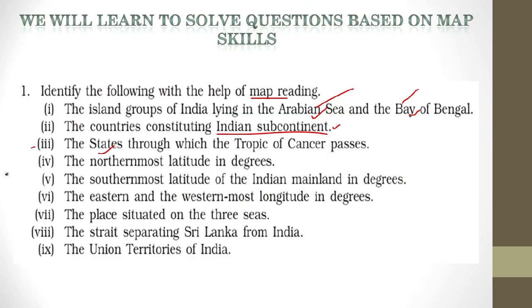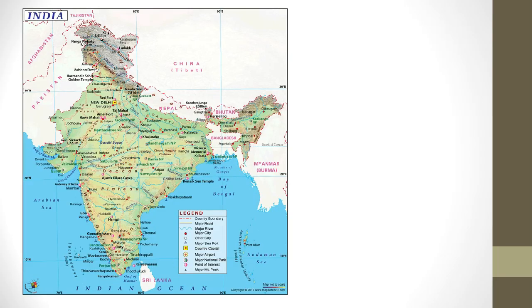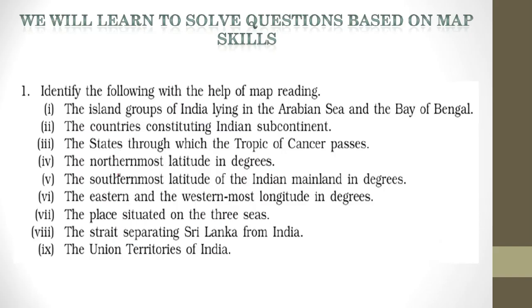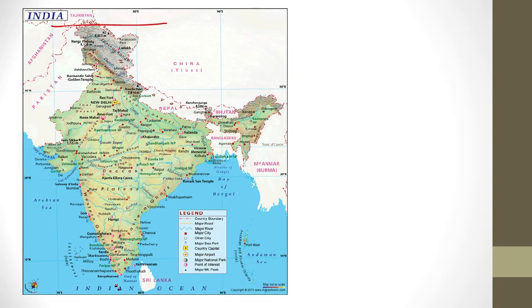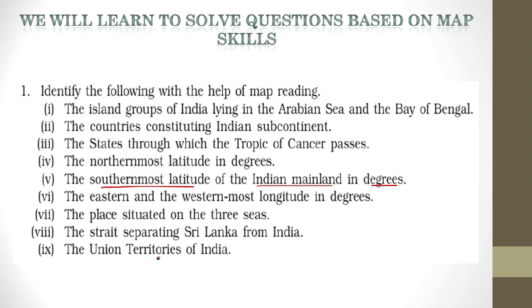Now let us see the next question, the northernmost latitude in degrees, and for this let us go to the map. It has asked for the northernmost latitude, so this will be the northernmost latitude of India and it is 37 degrees 6 minutes north. The next question says the southernmost latitude of the Indian mainland in degrees. So the southernmost latitude will be this one, and it is 8 degrees 4 minutes